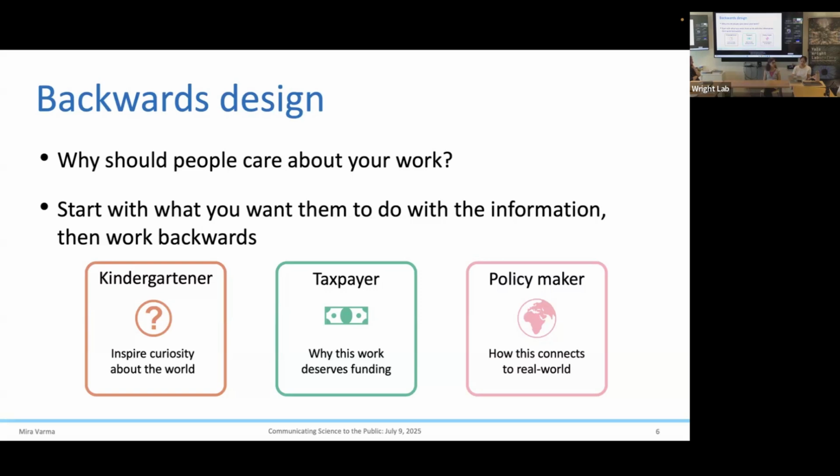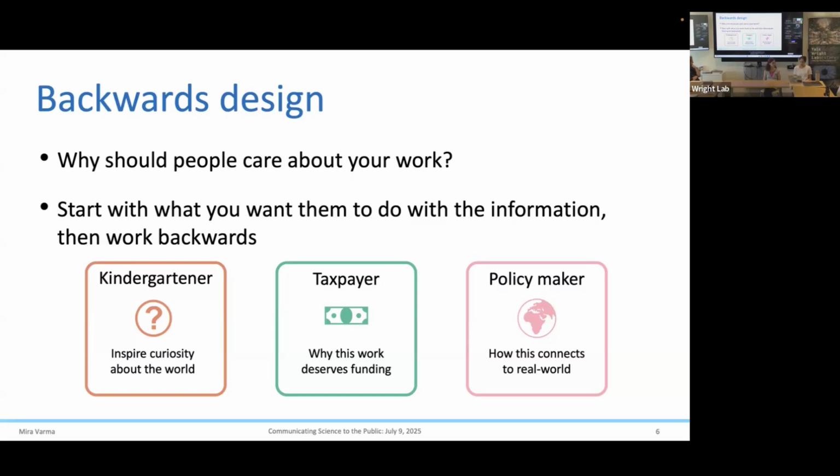And it's really important to be aware of the different types of audience members and what they're most likely looking for in a talk so that you could understand what types of things they'd want to take away from that talk. So a kindergartner doesn't really worry about money or funding or anything like that. Kindergartners are usually just excited and curious about the world. So the so what would be something to just inspire general curiosity about science.